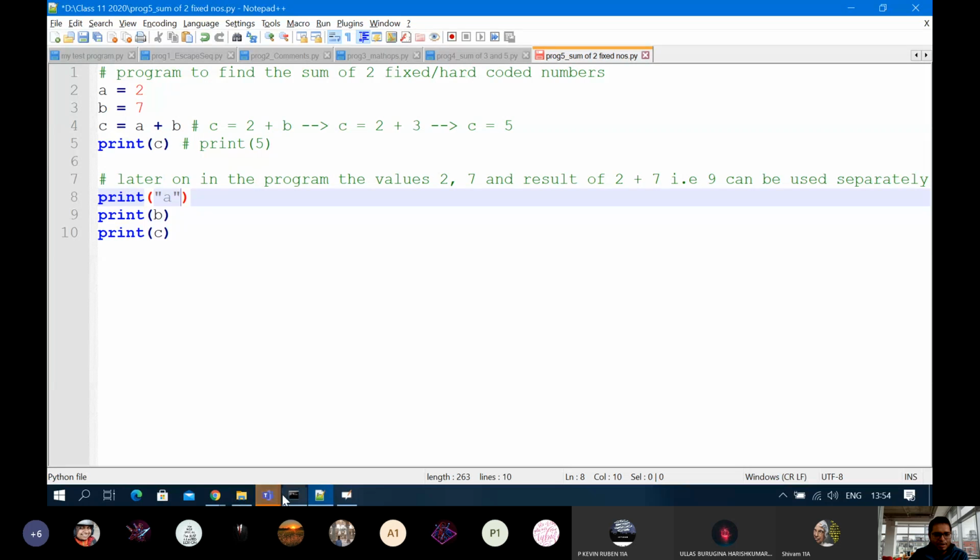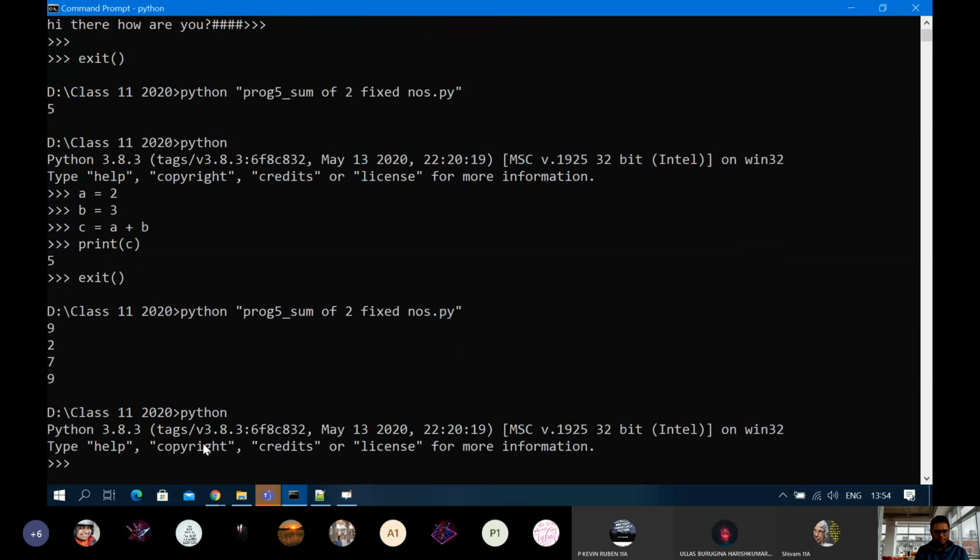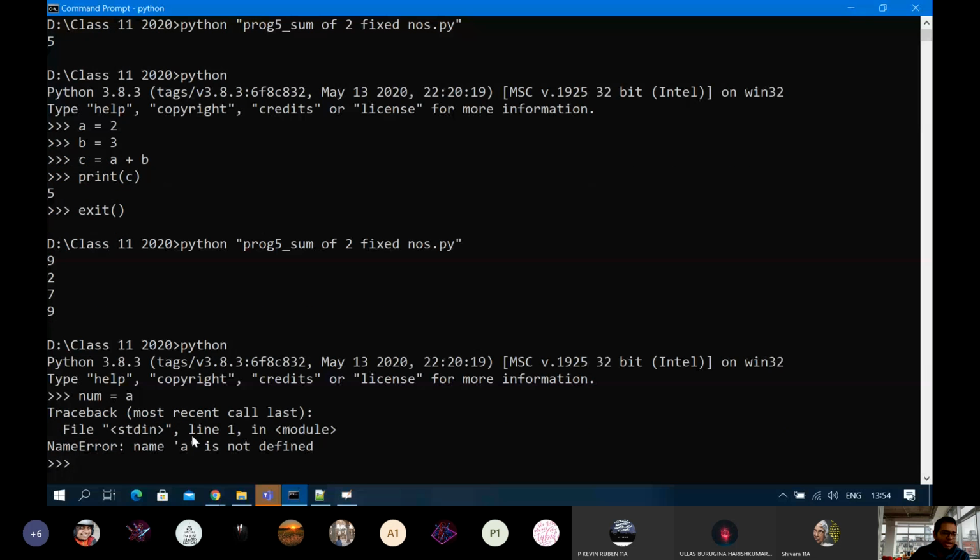What he might be trying is num is equals to A. वो पूछेगा name A is not defined because A is not within quotes, so the computer will start searching in the RAM. CPU will start searching in its RAM. Is there any label A which is having a value? Any value contained inside it?